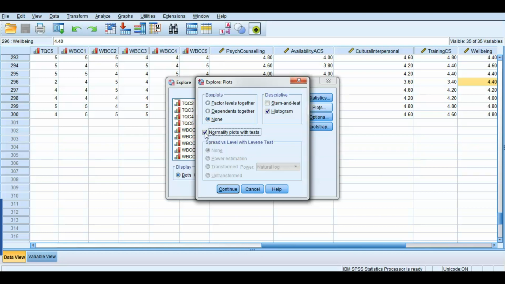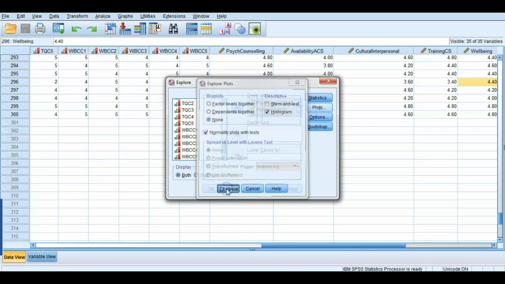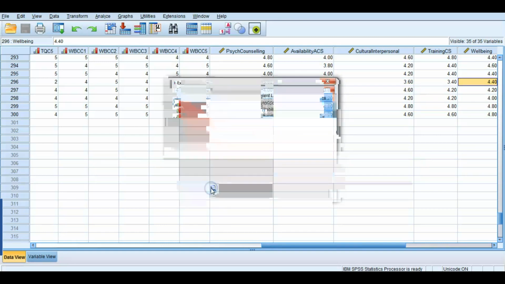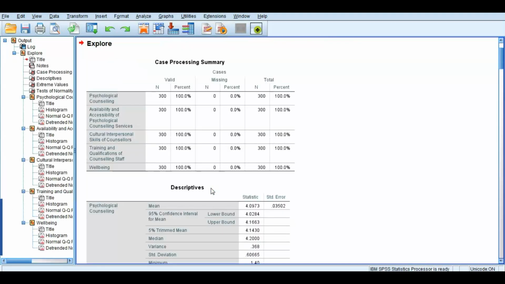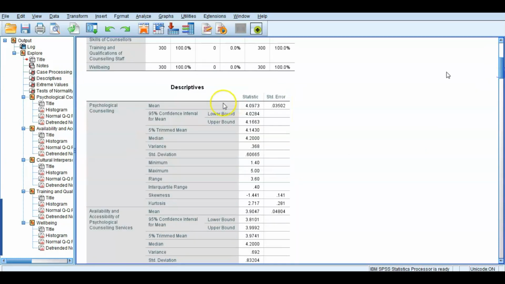So from here I will click OK, and I will now click OK. It is now going to work out and display to us the parameters for us to decide. Very good. It came up with a case processing summary, and in the case processing summary we have 300 population, and everything is intact. Where I'm going to concentrate is on this descriptive statistic,